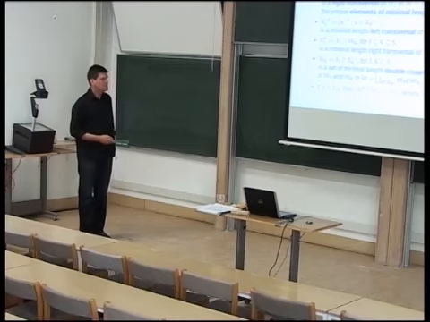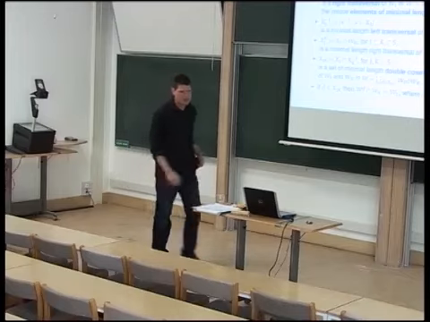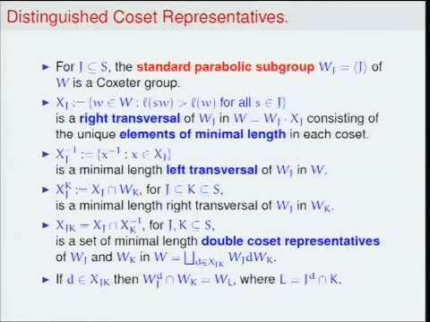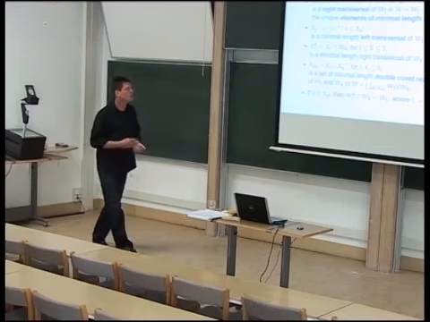While we're looking at them, there's a nice and important theorem which says that the intersection of any 2 parabolic subgroups is a parabolic subgroup, or more precisely, if you take the conjugate of W_J by a double coset representative d and intersect it with W_K, then you get a standard parabolic W_L, where L is precisely the d-conjugate of J intersected with K. And it's this type of conjugation that will play a special role later.